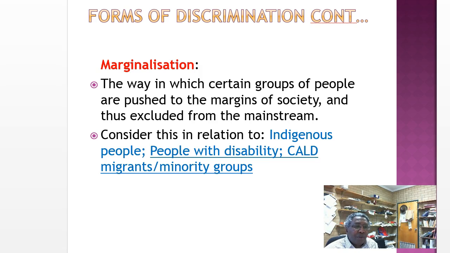If their cultures are not taken to be as important and only particular cultures are promoted, then that can be a way of marginalizing them. More extreme examples can be found outside Australia, I guess. Say, for instance, if you take an example of Turkey, where they have been known to ban the use of the language of the Kurds, who are a large minority but are discriminated against. So by banning the use of their language, you are marginalizing them,